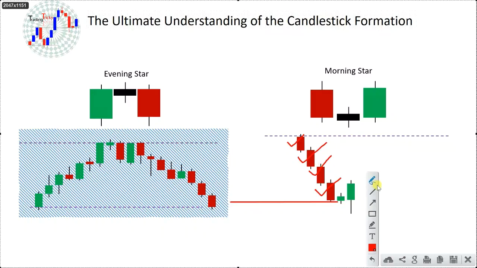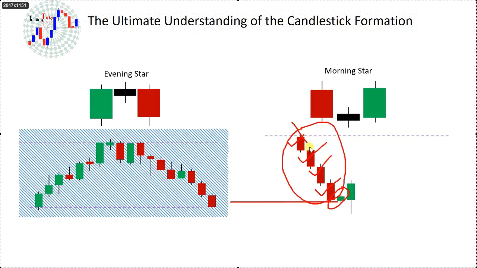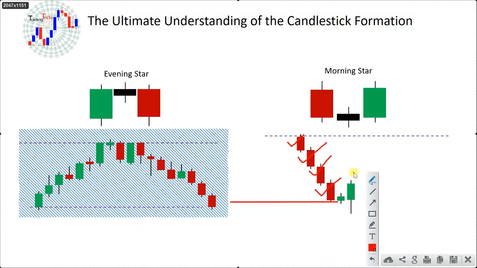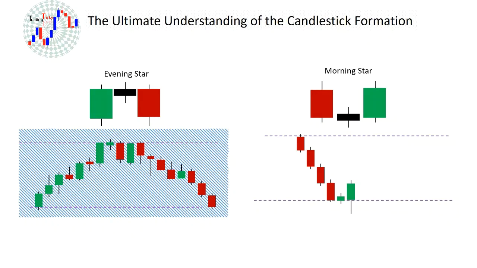Why? Because of the selling pressure. This candle just stops the market here. Due to this selling pressure, we can see strong sellers here. But as maybe the left side has a strong level, we have a strong buyers candle, and this is kind of engulfing, and this is the perfect formation for the morning star pattern. So this is the level as we discussed, and this is the morning star pattern.